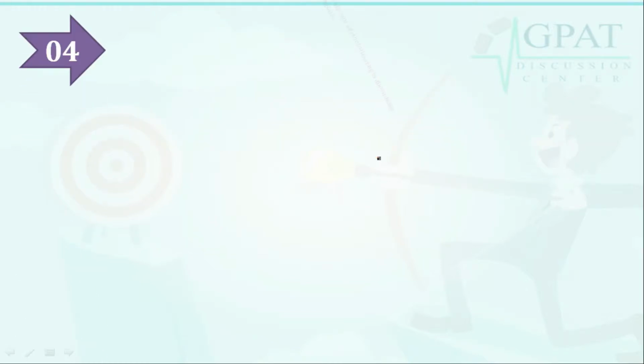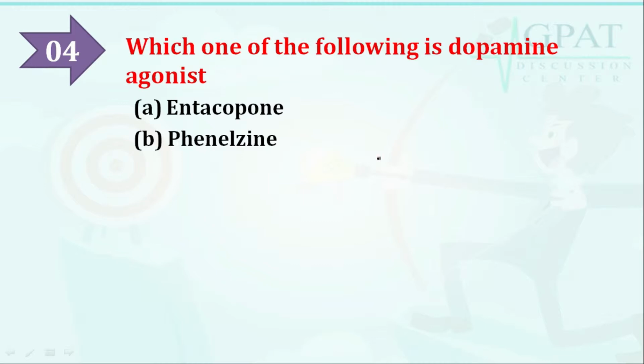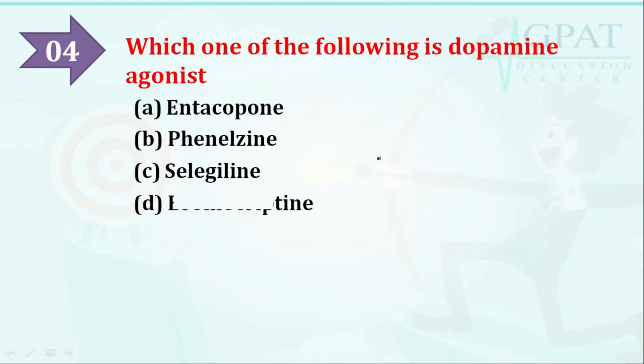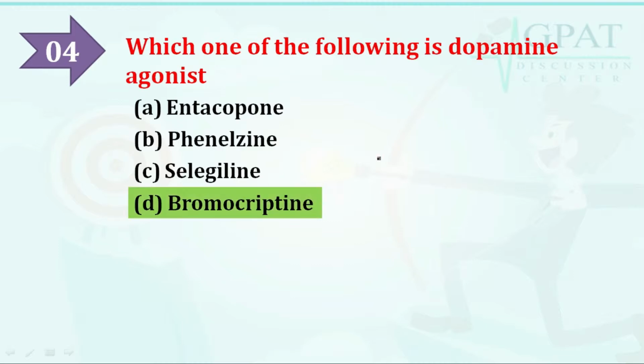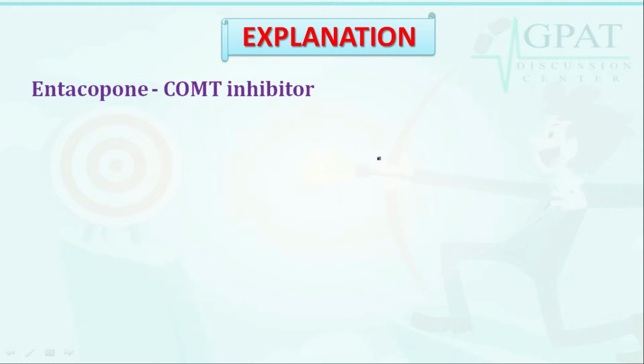So the next question is: which one of the following is a dopamine agonist? And here the options are A, entacapone, B, phenelzine, C, salicylic, D, bromocriptine. The question asks which one of the following is a dopamine agonist, and the correct answer is bromocriptine. Now let's discuss from the classification part: entacapone is a COMT inhibitor,